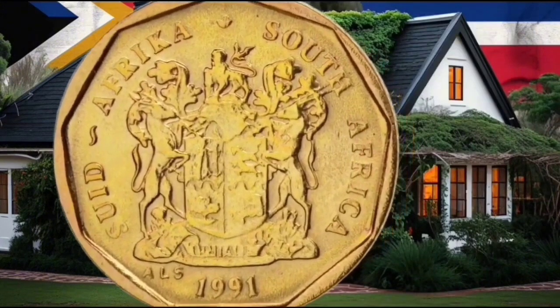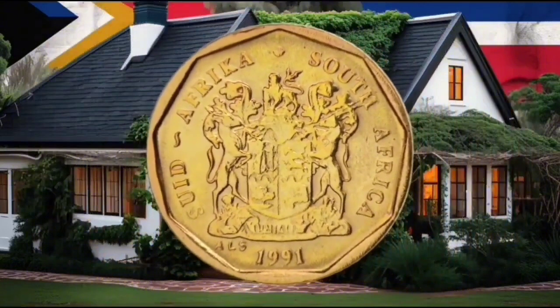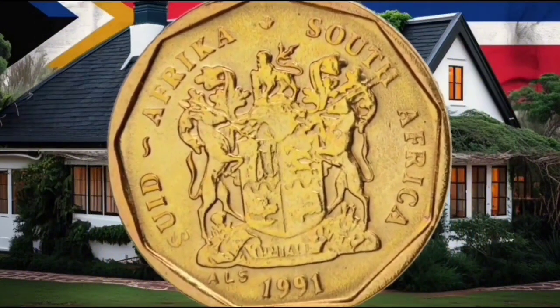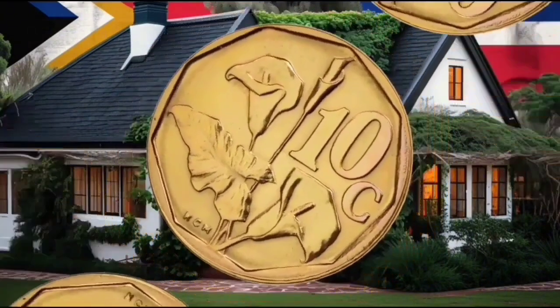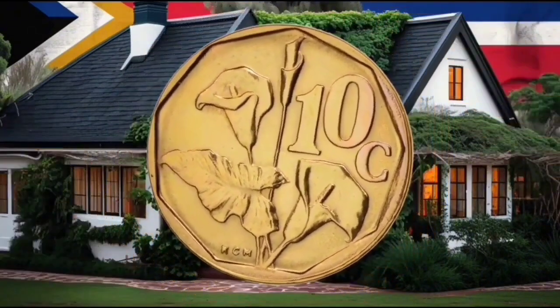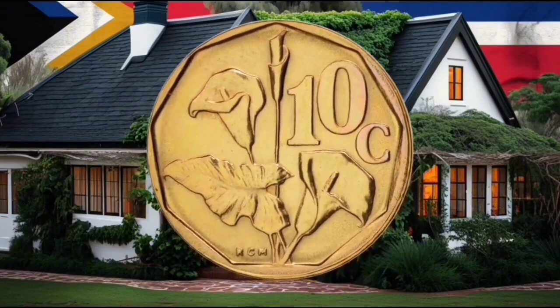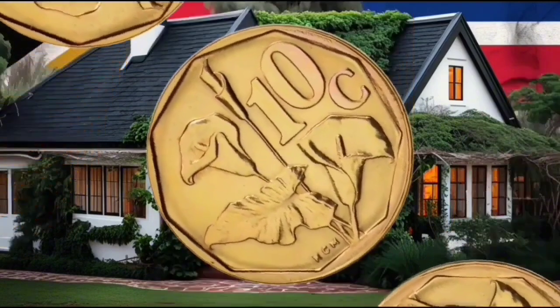They can help determine whether your piece is one of the rare and valuable variants. Storage also matters. Keeping the coin in an airtight holder, away from moisture and extreme temperatures, helps preserve its condition. The cleaner and more detailed your coin appears, the more it can fetch in value. Whether you found it in an old drawer or inherited it from a family member, this coin